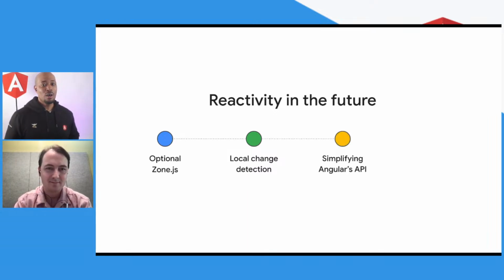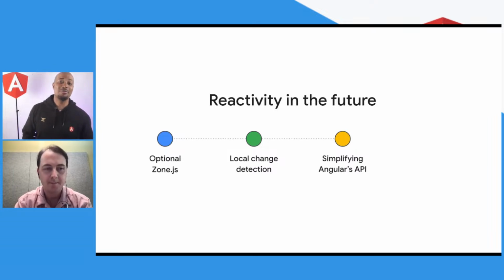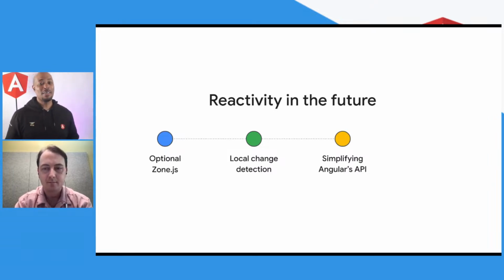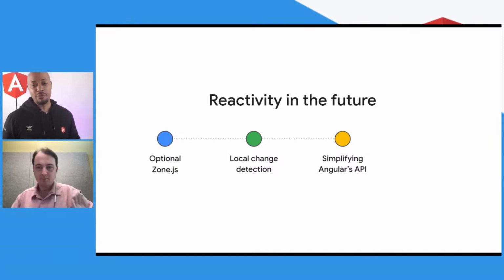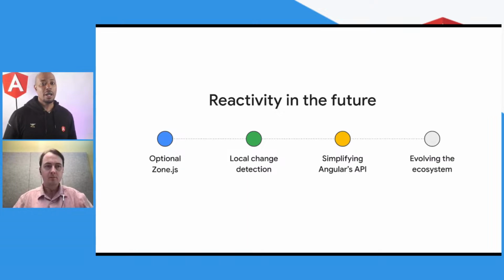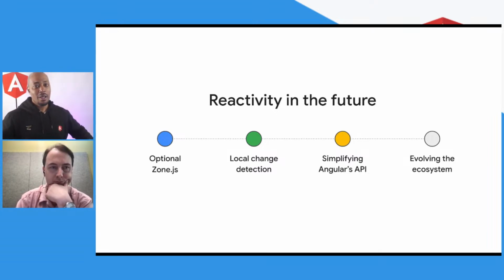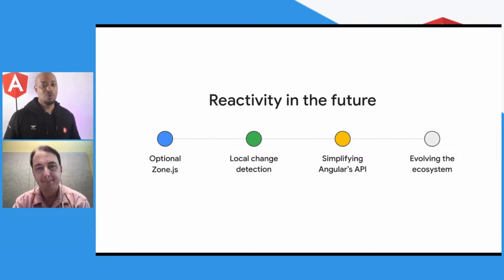All right, and then we're going to work on simplifying APIs around lifecycle management. Y'all had a lot of feedback on the RFC about that. When we had the stream, y'all were not happy. Not to say people weren't happy, but people had a lot of meaningful feedback, actual meaningful feedback that we took. It was like, oh yeah, the people care about this. Let's make sure that we're mindful in any changes that we make. And then last but not least, we're going to be looking at the ecosystem to evolve it together, meaning we're going to keep working with library authors. We're going to keep working with you folks as developers to make sure we're doing the right thing.